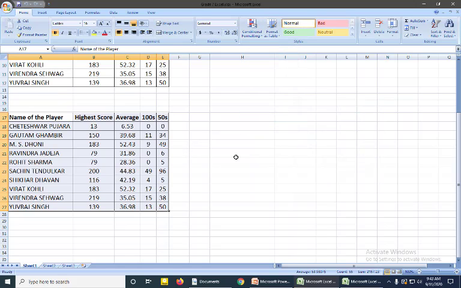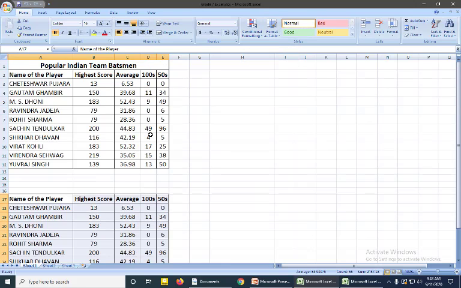So next we have charts. What are charts? For example, in mathematics you might have the bar graph and pie chart. Almost everyone is familiar with those charts. So what is a chart? A chart is a pictorial form of data. A chart makes any data easy to understand, attractive and presentable. So we can compare the data that we have.